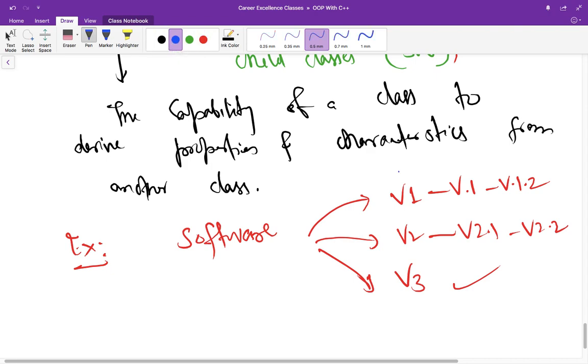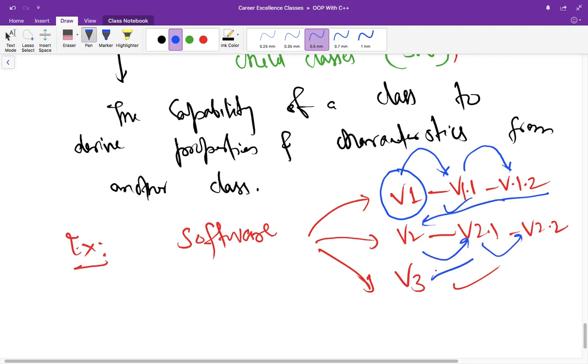First of all, when you design version 1, you never write version 1.1 totally again, right? What you do, you can inherit something from here and release version 1.1. Similarly, extend something from version 1.1 and release version 1.2 and so on, right? So this is how inheritance works in software.